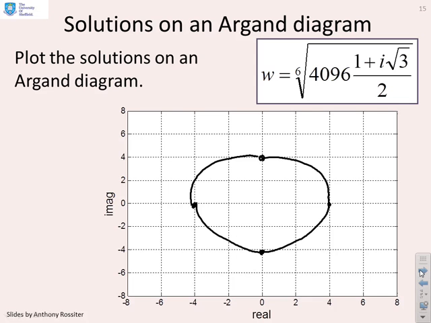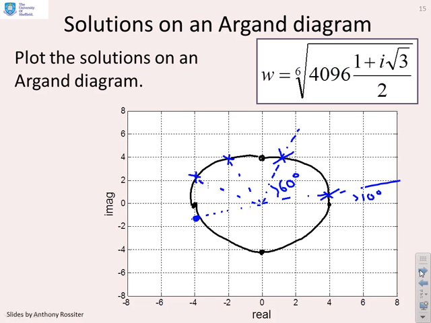Now, the first one had an angle pi by 18, which is about 10 degrees. So that's going to be down there, and I'll mark that so you can see it's about 10 degrees, or pi by 18 in radians. The next one was at pi by 18 plus pi by 3. Now pi by 3 is 60 degrees, so that's going to take you to an overall argument up here of 70 degrees, but the key thing is the jump was 60 degrees. So you're going to go to there. If you looked at the next one, you'll see the next jump was another 60 degrees, but before I do that, I'm going to recognize a bit of symmetry here, so I can get them in roughly the right place, and what you'll find